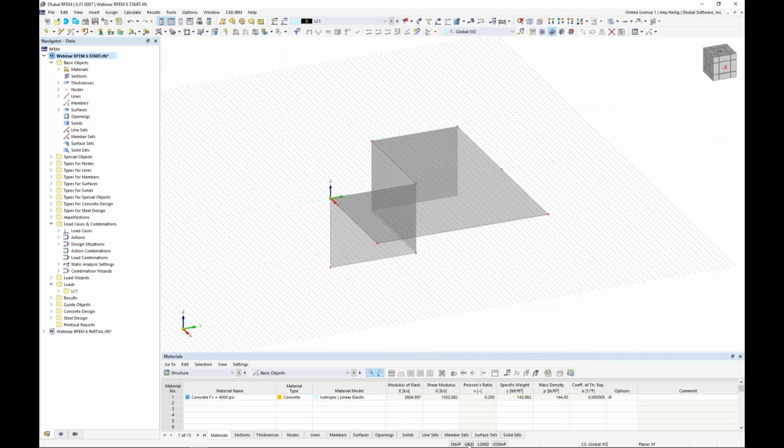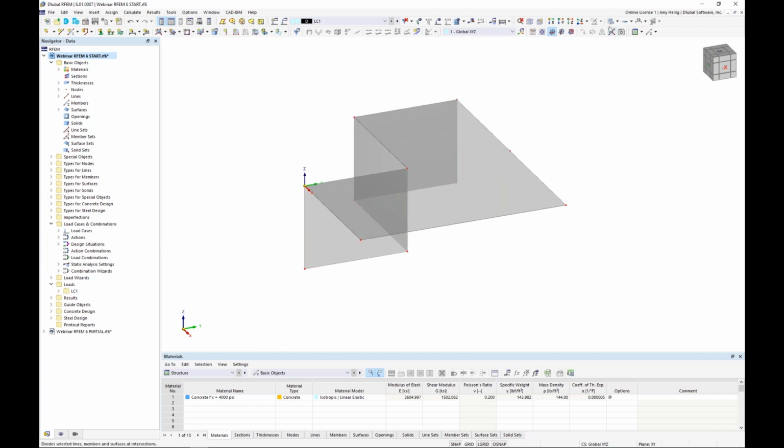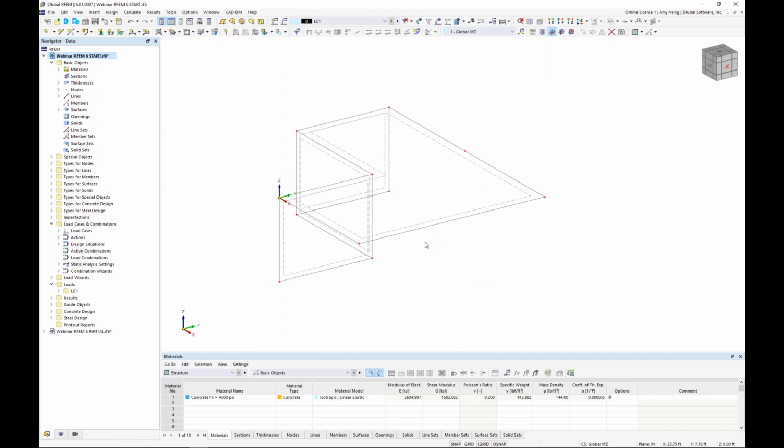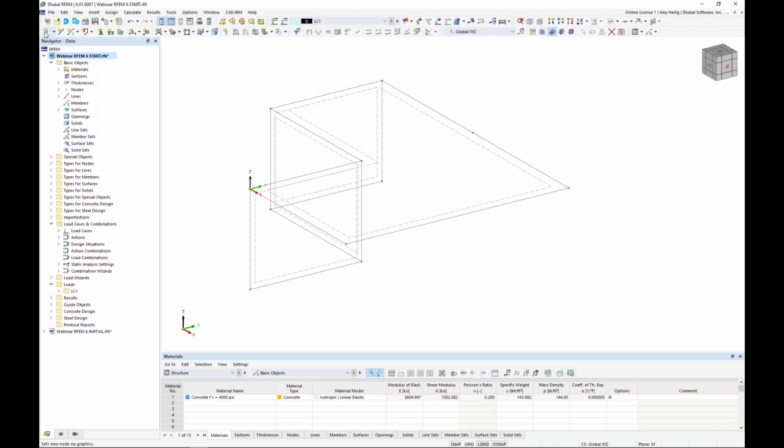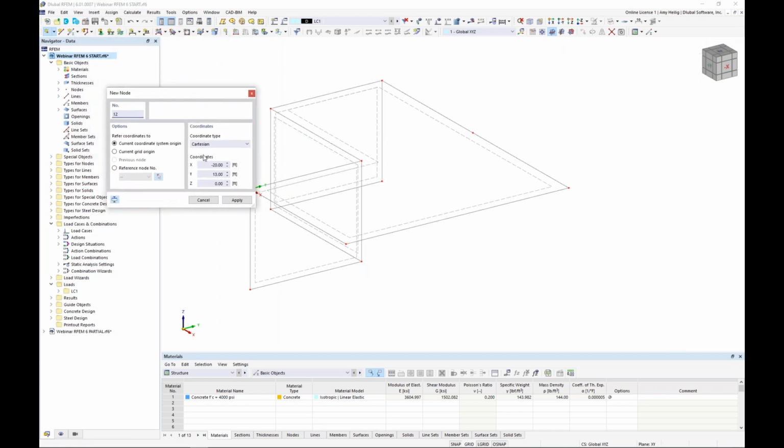So now we want to move on to drawing a few members. So I'll turn off my grid settings here, and let me turn this into wireframe just so it's a little bit easier for you guys to view. I'm going to create some additional nodes where I want those columns to frame into this slab element. So we'll go back to drawing a new node, and I'll input in my dimensions manually here of 16.5, 3.5, and 0. I hit enter. I will input in my second node of 16.5, 26.5, 0. And my final third node is going to be at 0.5,